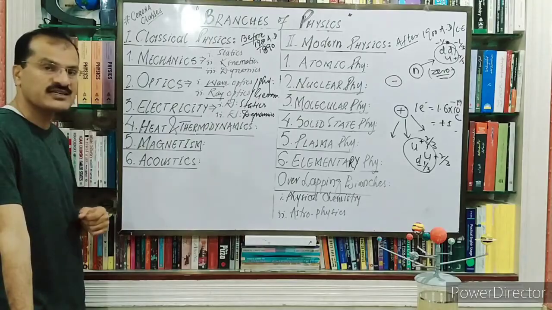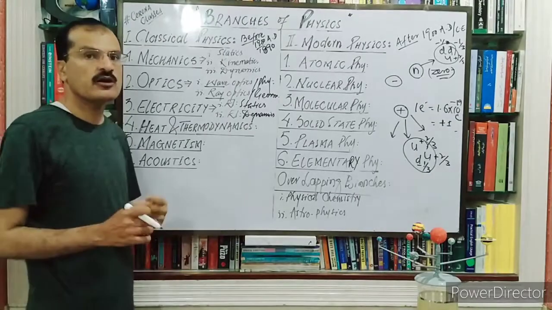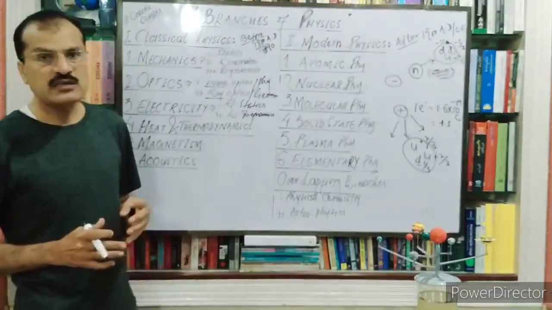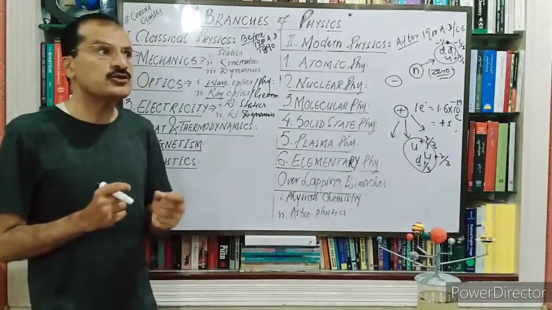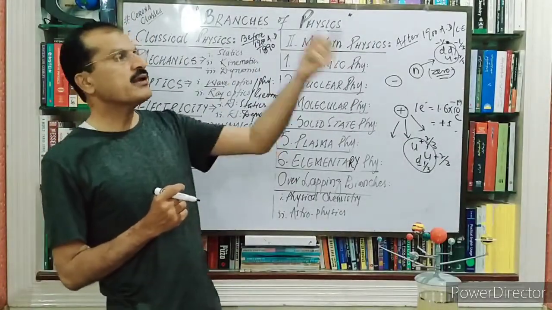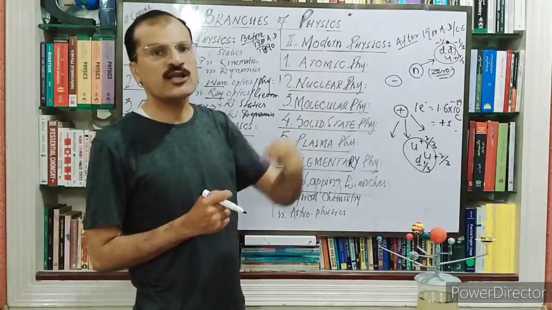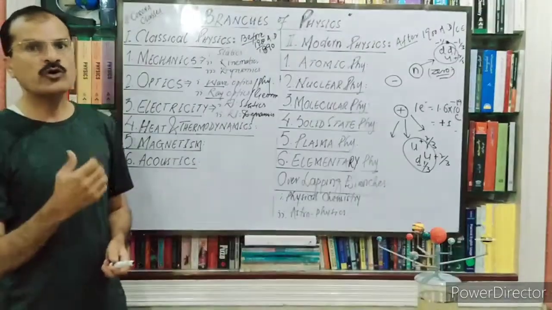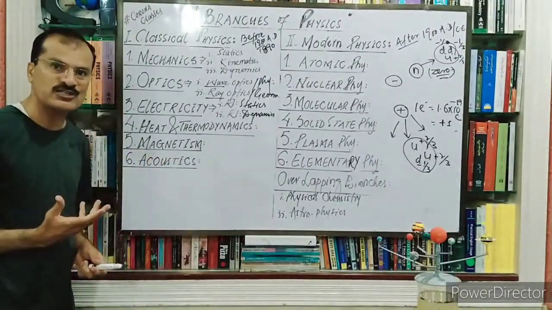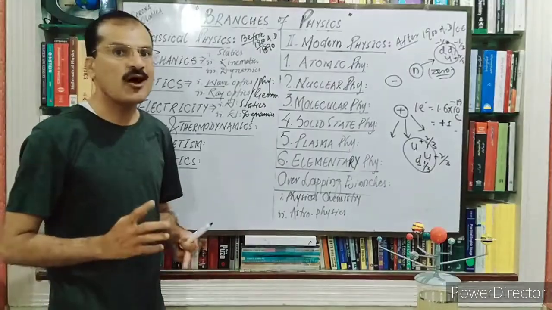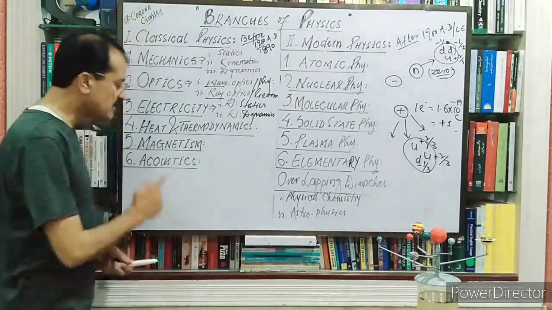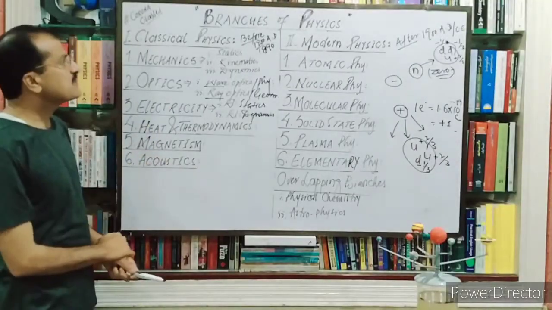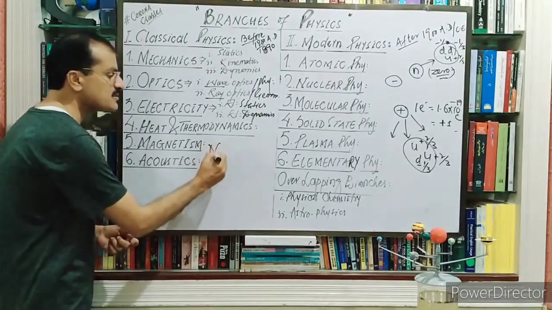Acoustics means the scientific study of sound. In the next chapter we will study acoustics much more clearly, that acoustics is mostly related to the reproduction of sound. Whenever an echo is produced, it means reflection of sound. Whenever sound bounces back from any hard surface, that produces an echo, which is also part of acoustics. So the scientific study of sound, especially reproduction of sound, is known as acoustics. Okay, these were the famous main branches